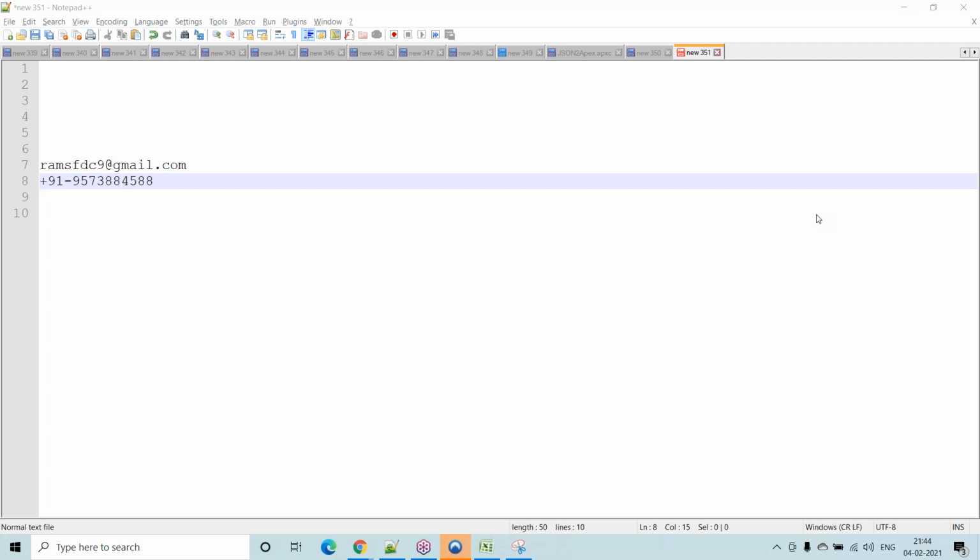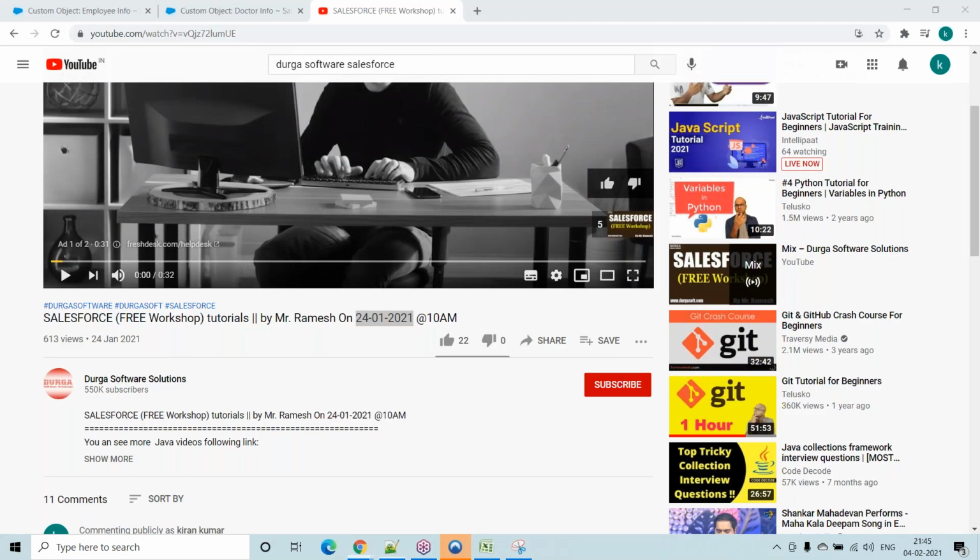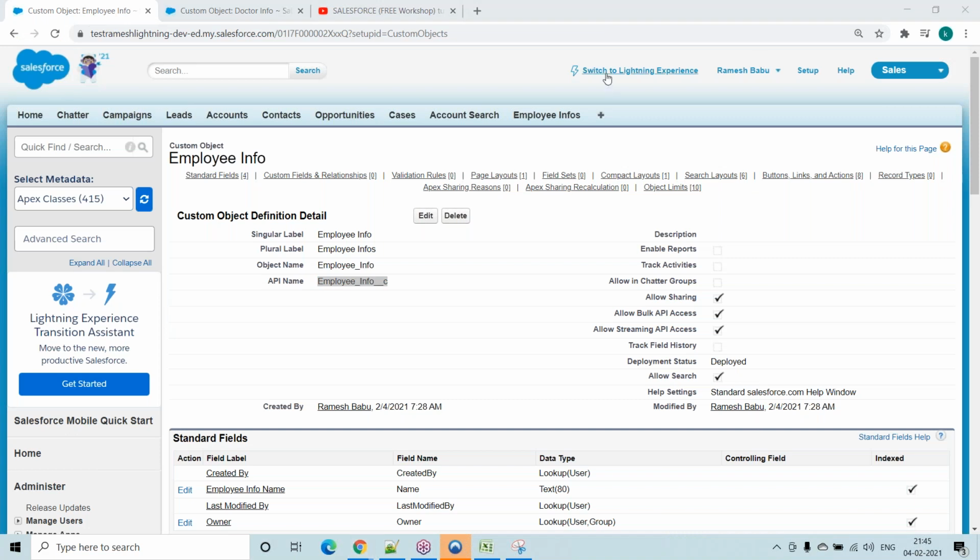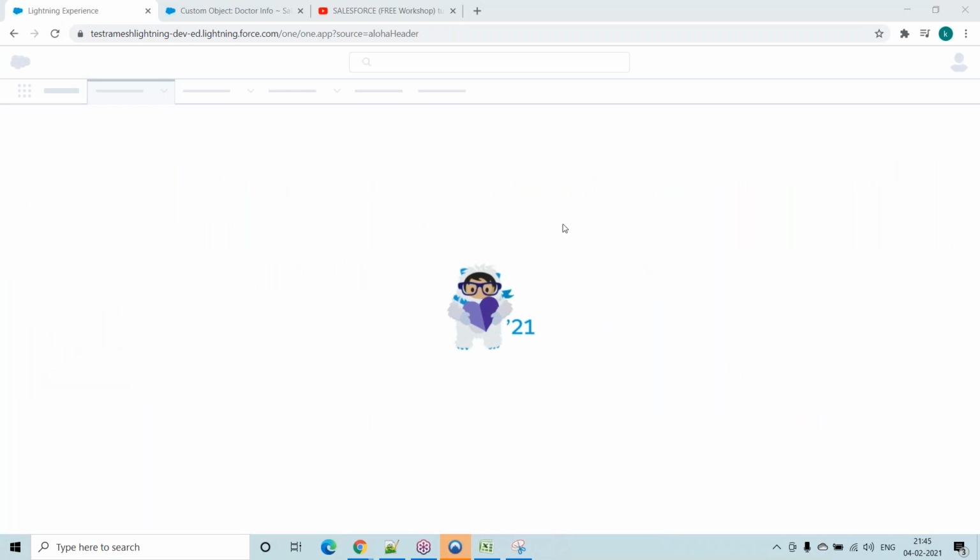How to switch from Lightning to the Classic version, sir? When you open an account, by default it redirects to the Lightning version. Suppose you reset your password, then automatically it redirects to the Lightning version.